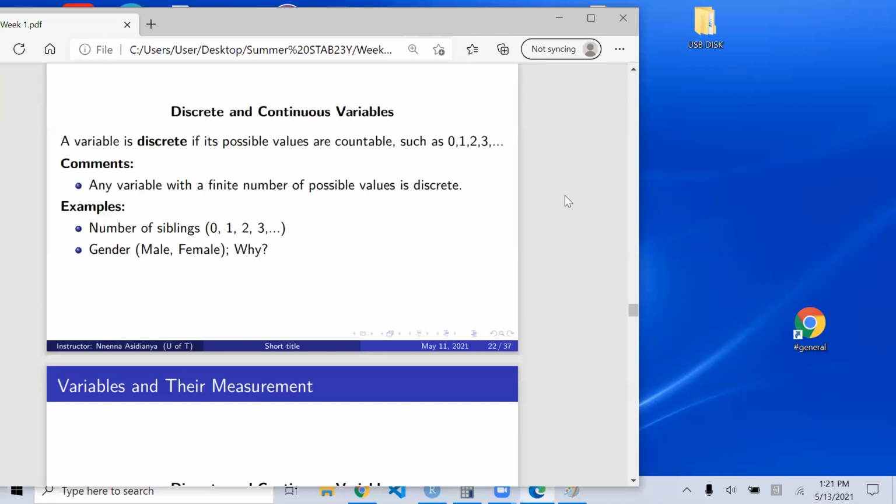So number of siblings, for instance, and someone brought up the family household, is of course going to be countable. It's a discrete variable, basically. It's discrete, right? Because the outcome is of course countable, it is discrete, right? So we are using countable versus uncountable to define. We're going to stick to these two definitions, but